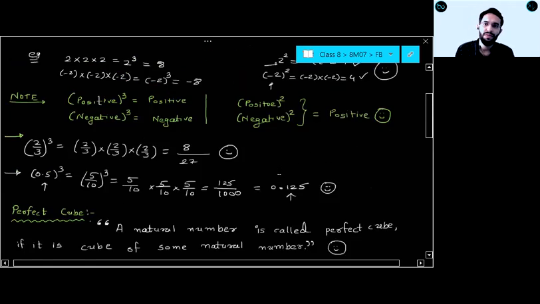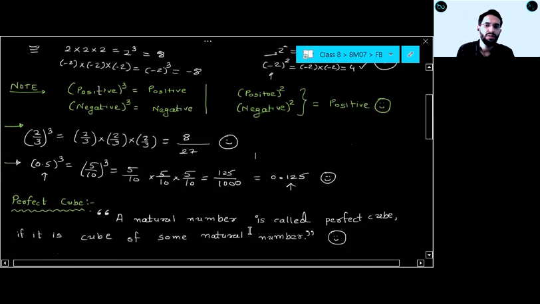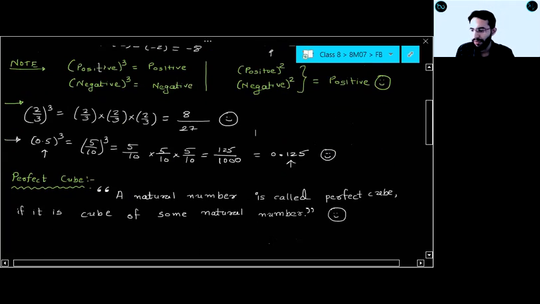So here, what is your perfect cube? See here, this 8 is your perfect cube or not? -8 is also a perfect cube. Okay, but here we will define this only for natural numbers, right? So we cannot take 8 by 27 or 0.125. So we will define it for natural numbers only according to NCERT. That's it. Okay. Now let us see next.